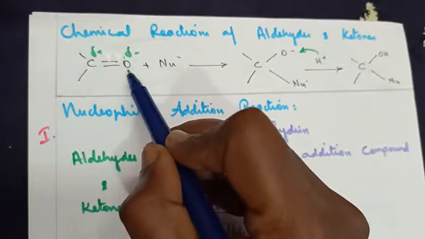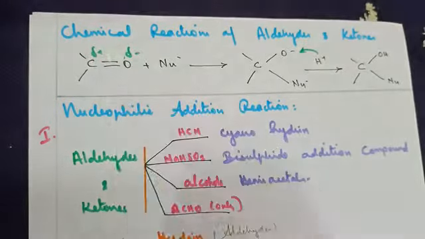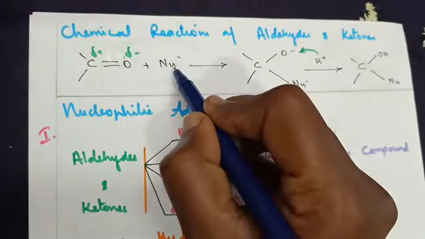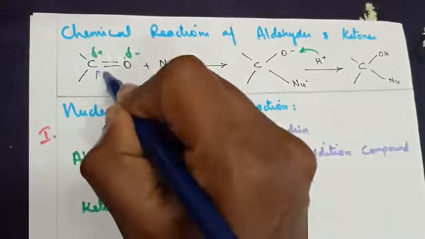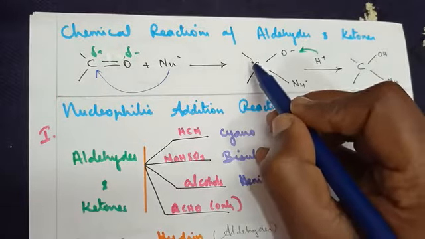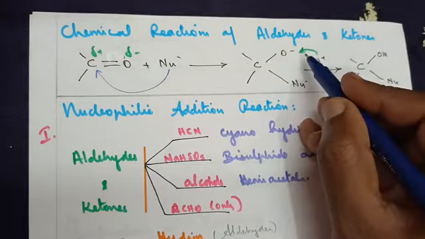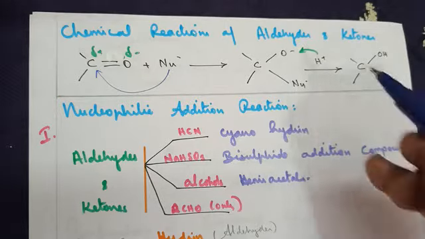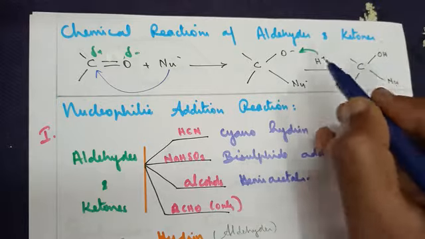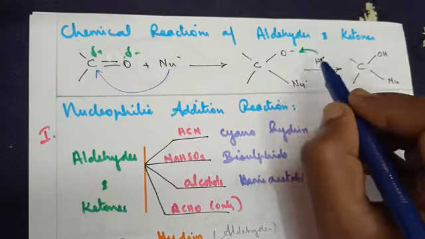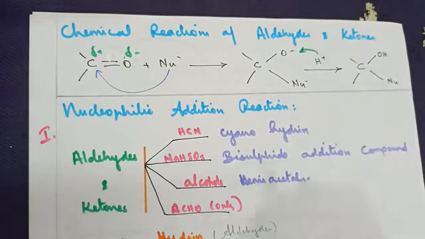Now between carbon and oxygen, oxygen is partially electronegative and carbon is partially electropositive. So the nucleophile is an electronegative group. It will look for the positive side, so that carbon, O, and a nucleophile here. Further, when we treat with H plus, any compound that is capable of providing H plus ion, O minus is a negatively charged group. It will combine with the H plus and form a hydroxyl group.